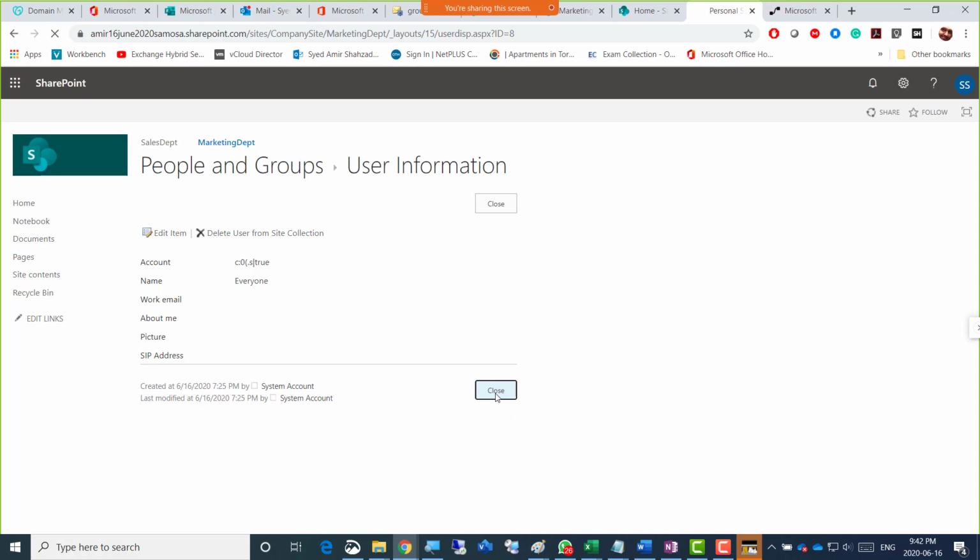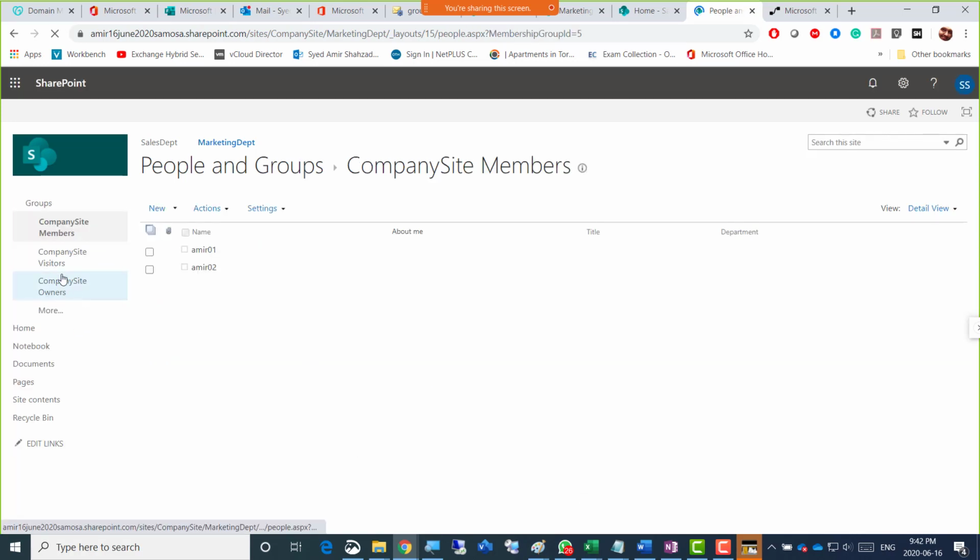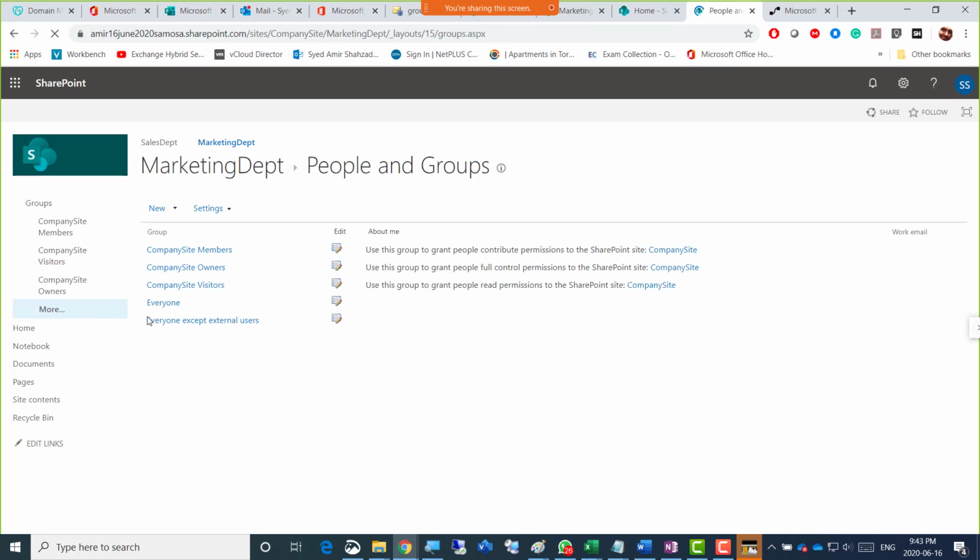here if you want. But the thing is that this is the area where you can go for who's the owner, who's the site. So that would be, and yes, for external users we need to add in our contact list. Everyone except external users. So if you go for that, yes, those users who are invited as guests.